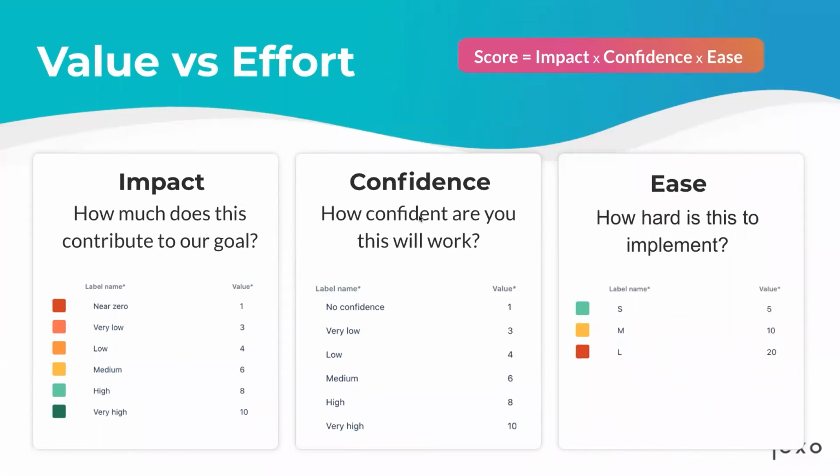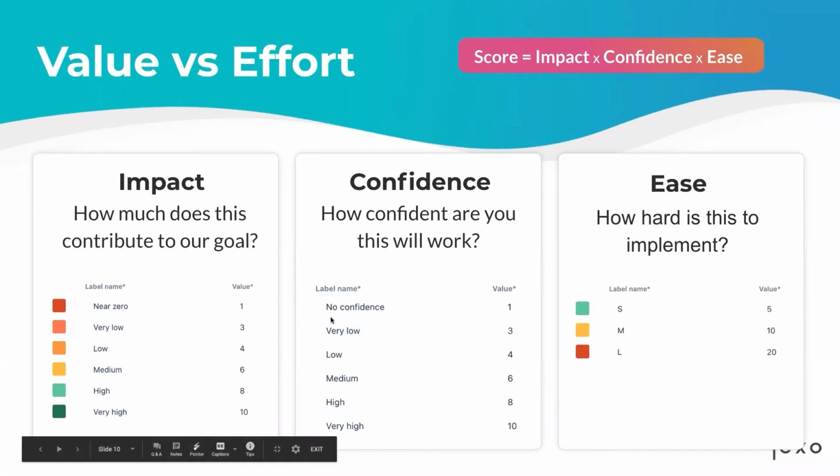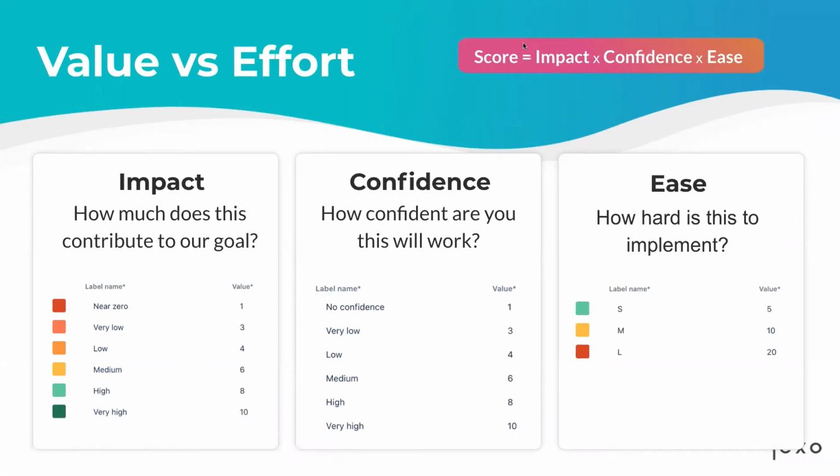And then we added a new metric concept, which is confidence. I mentioned this earlier. How confident are you this will work? And again, you can have options from no confidence to very high. And then in order to calculate the score and figure out where you place that specific item, you multiply impact